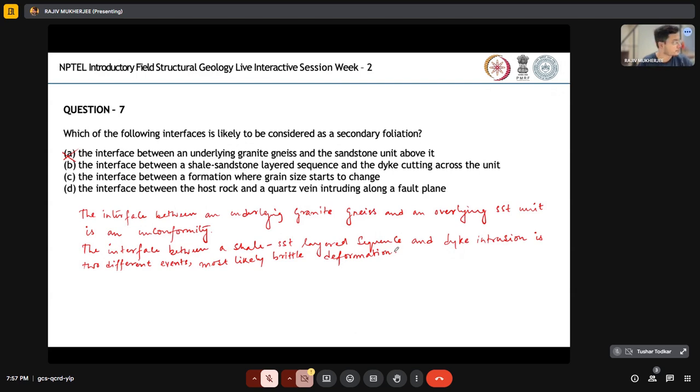Now the thing is, although it is a form of brittle deformation, tensile fractures have happened, and the dike material got intruded, and it cut across the interface of the alternate shale sandstone sequence, but it still carries a signature of brittle deformation. Now one other thing is interesting, that apparently there is no chance for developing a foliation in the shale sandstone alternate layers. The thing is that